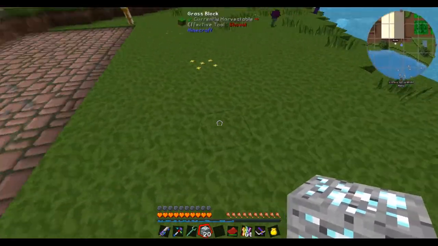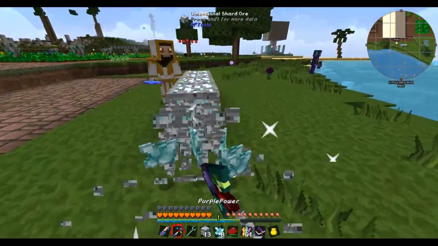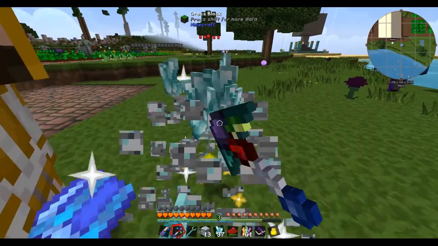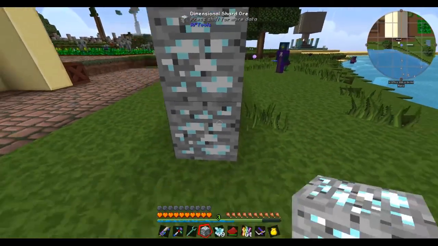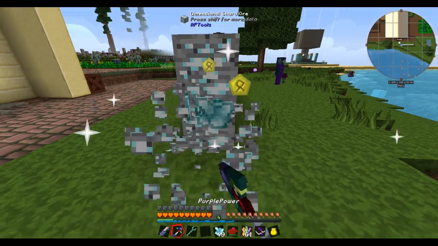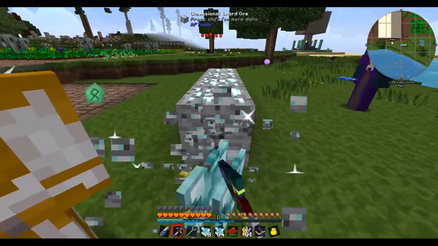Anyway, so we can mine this stuff up and get a whole bunch of shiny dimensional shard ore and utilize this stuff for making my power cells better. Or I could just make dimensional transceivers and it'll be all better anyway. So,